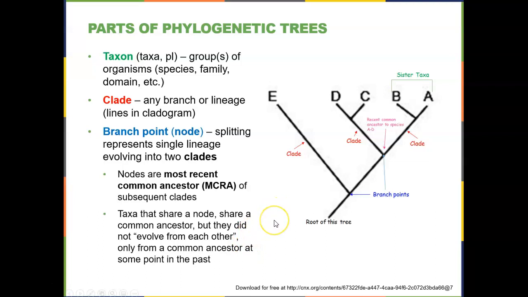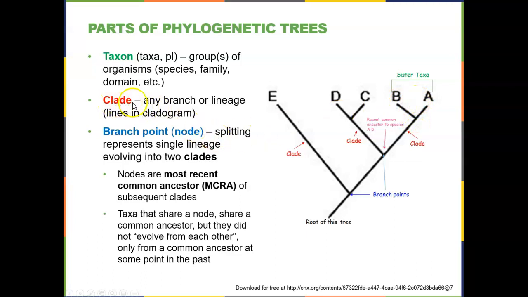So let's take a closer look at some of the components of a phylogenetic tree. We have a diagram of one right here. This is a rooted tree. We see that there was a common ancestor. And we look at taxon, or taxa, which is the plural, which are groups of living organisms, so a species, a family, a domain, etc. And they're represented in this diagram by the alphabetical letters here. So we have A, B, C, D, E. Those are 5 different taxa. And the closer they are, and if they come off a single branch, they're called sister taxa.